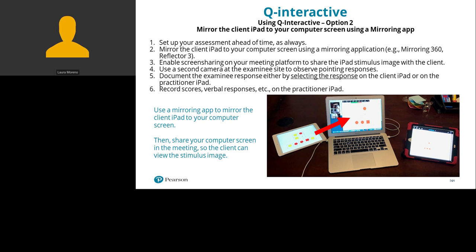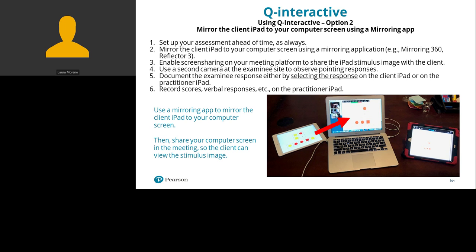Okay, let's discuss a second option where you could mirror the client iPad to your computer screen using a mirroring application. To do this, you would create the assessment in Q-interactive ahead of time as always. Then you would mirror the client iPad to your computer screen using a mirroring application. An example of this type of application would be Mirroring360 or Reflector 3. Then you would enable screen sharing in the meeting platform to share the stimulus image with the client.